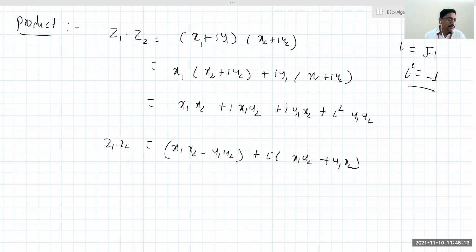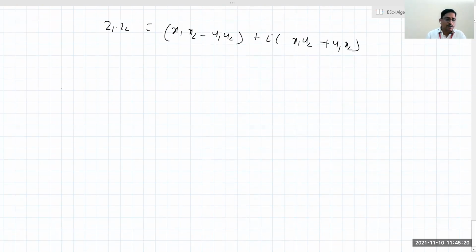And how will you divide? Before that, I will find the inverse of the complex number. How will we find the inverse of a complex number if Z is not equal to 0? Suppose Z equals 1 upon x plus iy, where x plus iy is not equal to 0. Not equal to 0 means what? Suppose it is the 0 plus 0i number, then the value of x is not 0 or y is not 0. This is not completely 0. Otherwise 1 upon 0, you know what will happen. 1 upon 0 should be written as infinite.